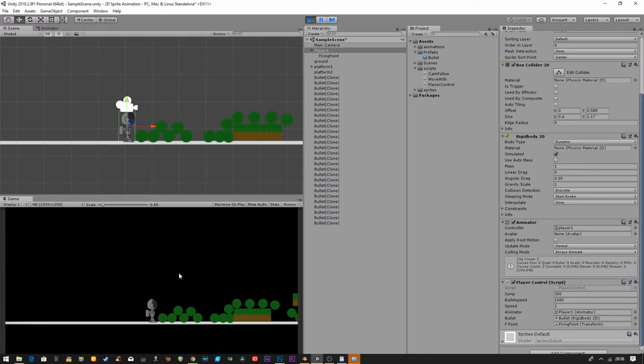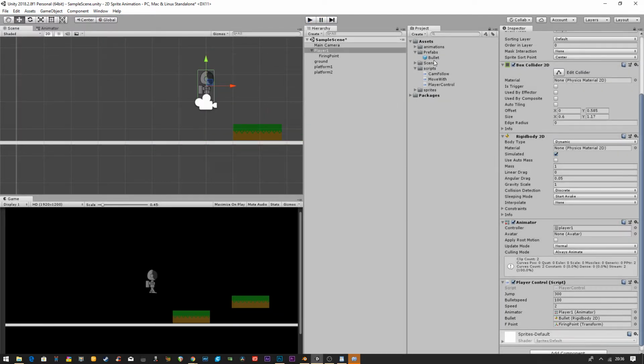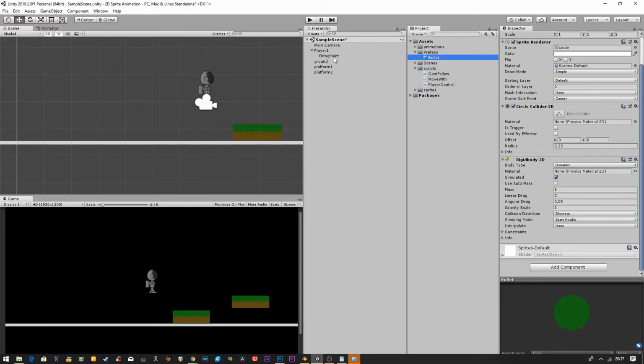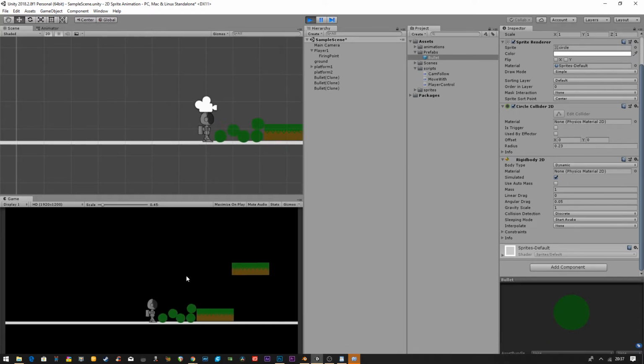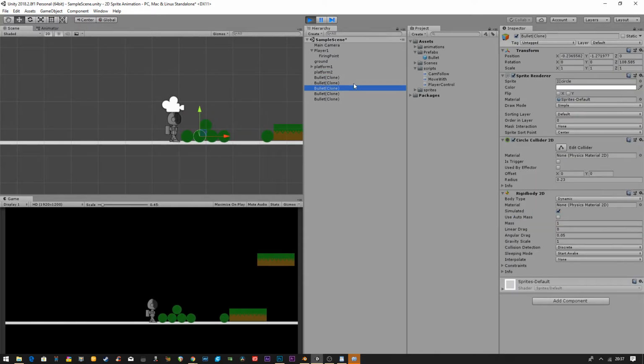Now, we have a few things that we need to do. Let's just stop here and go back to my bullet. Actually, let's just press play again and we'll see what issue we have here. These bullets, you can see they're a clone. These prefabs have been added in, and they're staying here. They're not disappearing. So we need to add one more script onto this bullet, which will say, after a certain amount of time,